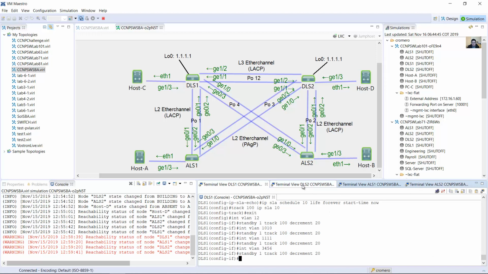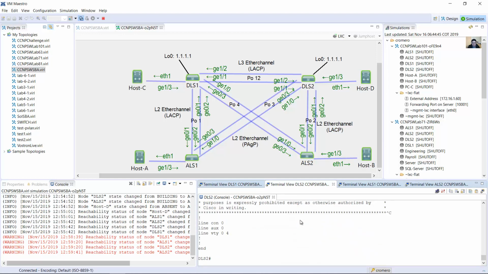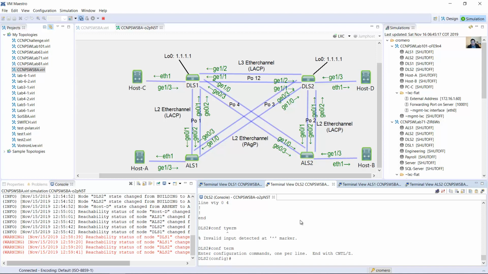And on DLS2, the same configuration, enter. Okay, configure terminal, and create the object. IP SLA number 10, ICMP echo to loopback, the frequency is 30. Every 30 seconds,